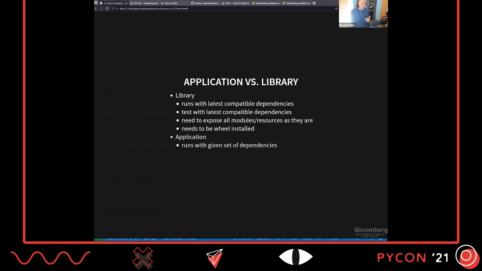Actually, with an application, this is not the case. It doesn't need to be installed because it doesn't need to be discoverable in the Python import system. And it's fine to run with a single fixed set of dependencies; it doesn't need to run with the latest dependencies. Testing with the given set of dependencies is totally fine. The application needs to expose only a single entry point. It's not the case that you have to be able to run any function within that Python file. And ideally it should be as simple as possible for the end user,